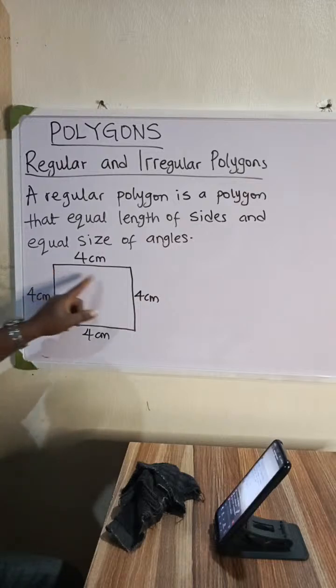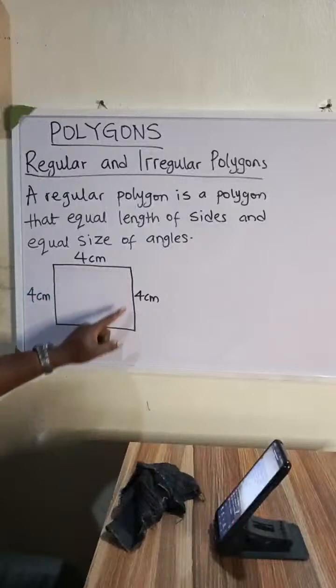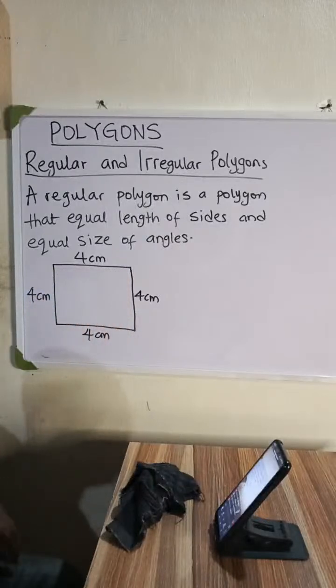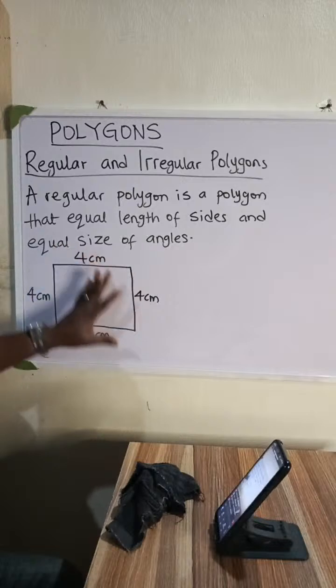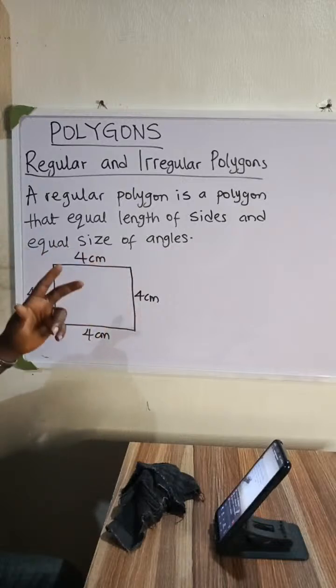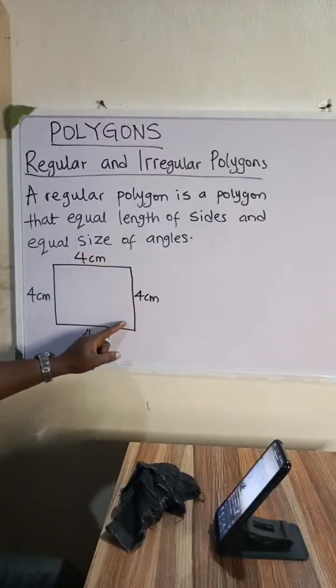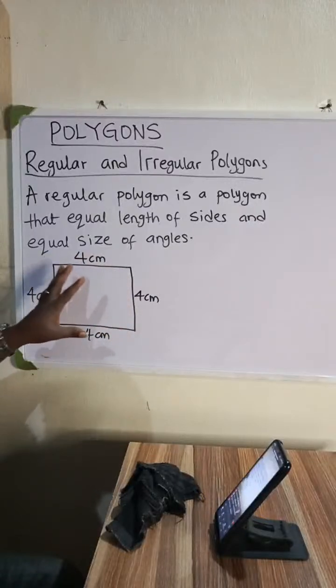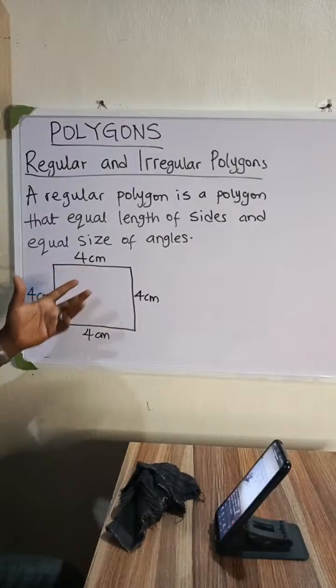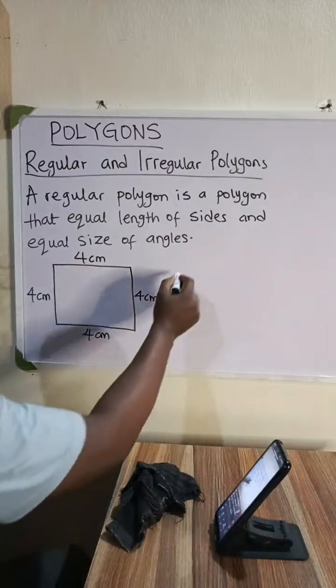Also, the angles are the same, 90 degrees, 90 degrees, 90 degrees, 90 degrees. So since this shape, remember a square, has equal length of sides and equal size of angles, this can be called a regular polygon. But on the other hand, if you have